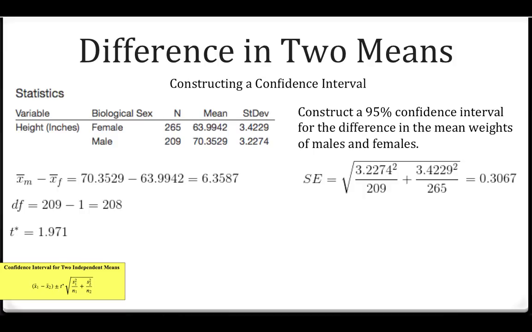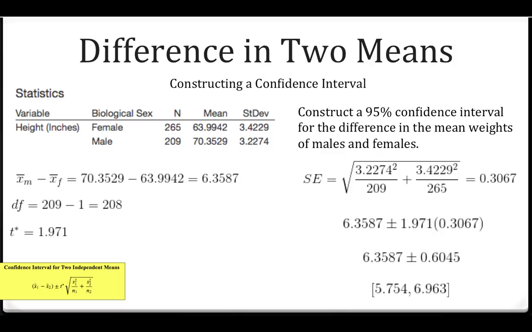Now we can put all of these values together. Our sample statistic plus or minus our t multiplier times our standard error. We have a margin of error of 0.6045 and a 95% confidence interval of